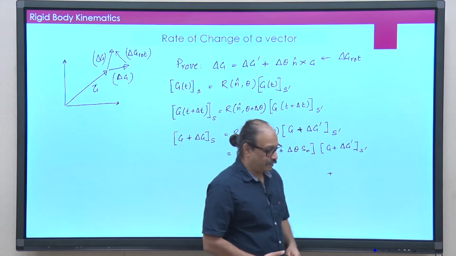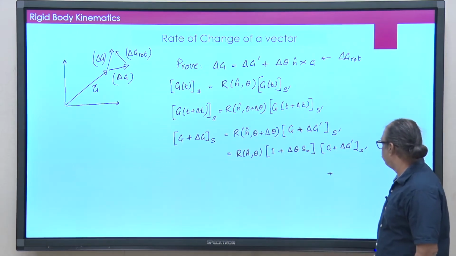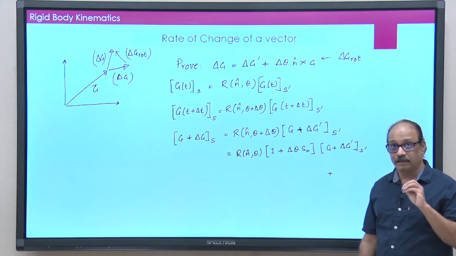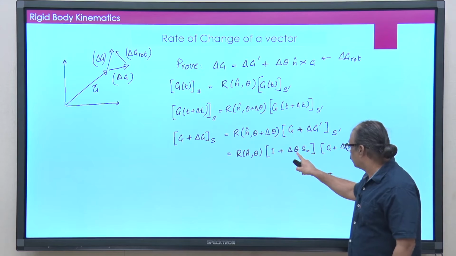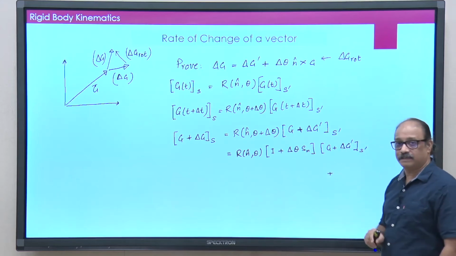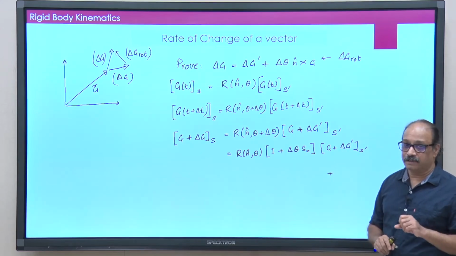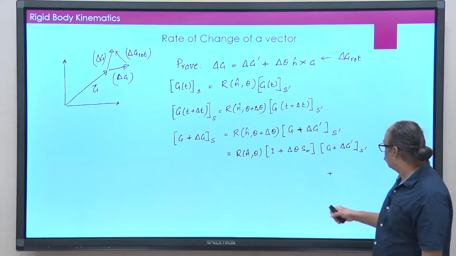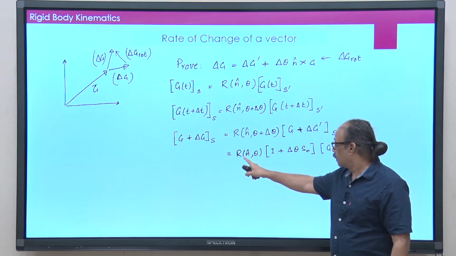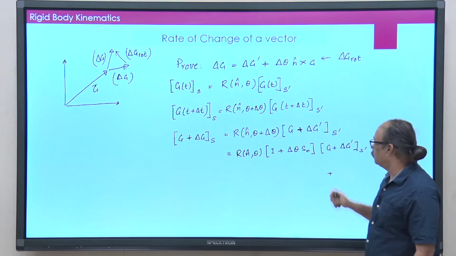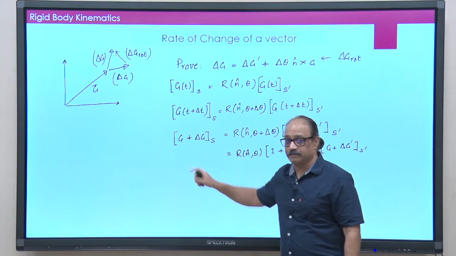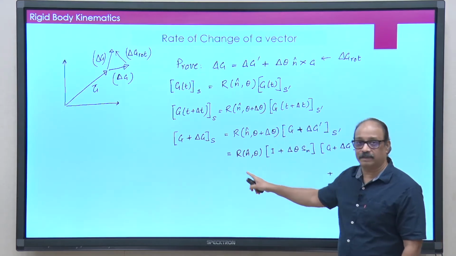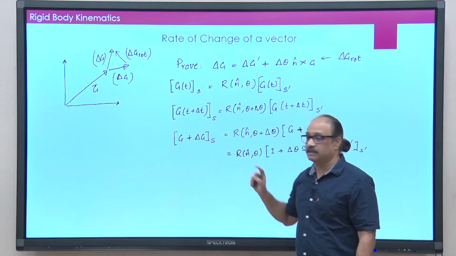Expand this. If I expand this, I do not want to keep the terms which are second order in infinitesimal. Remember, there is one infinitesimal here and there is one infinitesimal here. So, the product of these two I will discard. So, that leaves me with 3 terms, out of which the one term r n cap theta I g, but that is same as this g, okay, because this is g seen by S prime multiplied by transformation matrix gives me g seen from S.